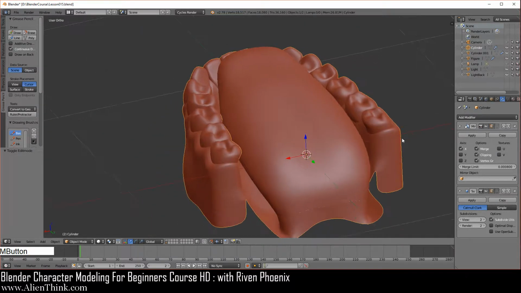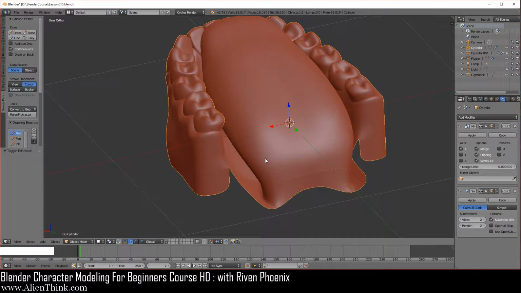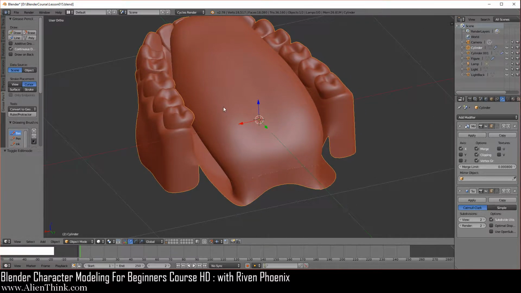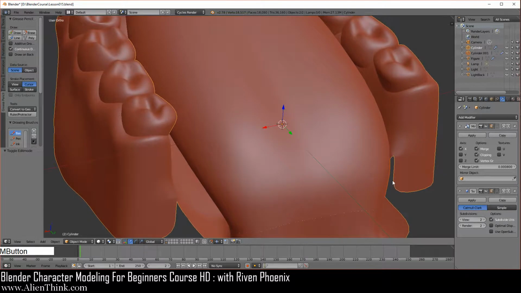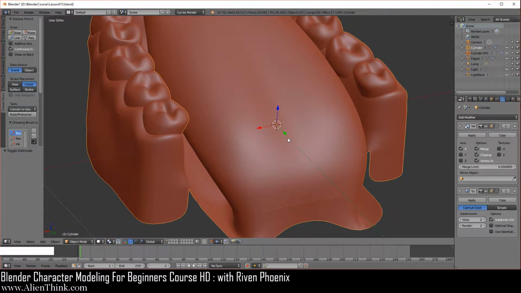So what we want to do now, first of all, is put these together. So how can we do this? What we're going to do is right click on this tongue. It doesn't matter which order you do it, and press the shift key down and then click on this. See now this is highlighted in yellow, and if you look closely, it's hard to see, but you'll see an orange outline over here. This is orange and this is yellow. Now I'm going to do Control J, and this will now join it. See, everything is joined together.